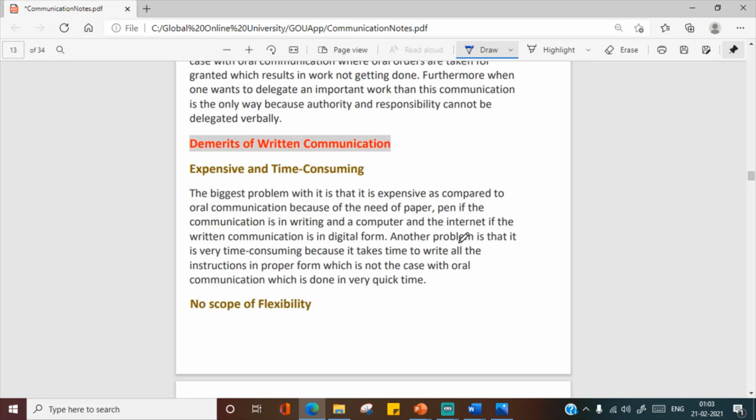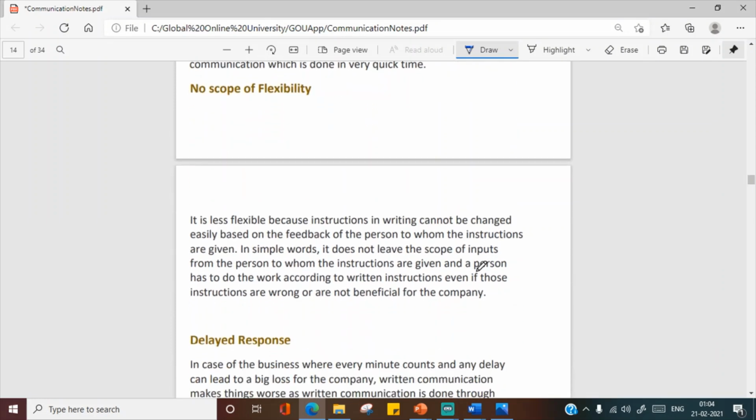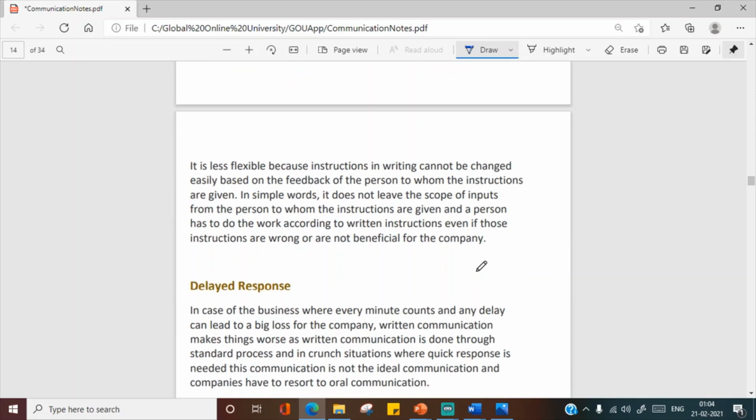Some demerits are time consuming and expensive. The biggest problem with it is that it is expensive as compared to oral. You need pen, paper, or you need a computer, internet, digital forms. While oral is what? You just go to the other person and you can say. No scope of flexibility. So if you have said something in written form,